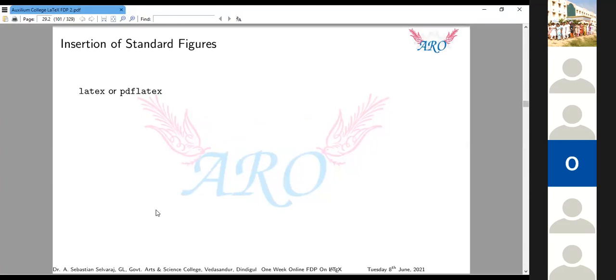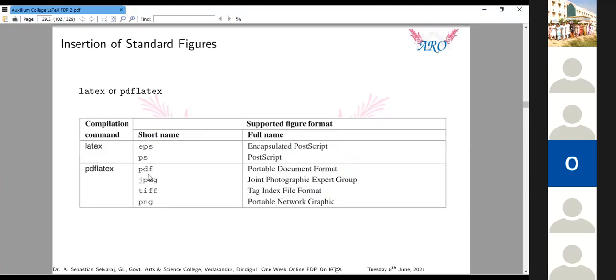Last class we have seen the compilation file flow. Same procedure. Suppose you are using EPS and PS, PostScript picture or encapsulated PostScript picture, you have to run your document with LaTeX mode. That means LaTeX to DVI, DVI to PS, PS to PDF. That is the procedure.